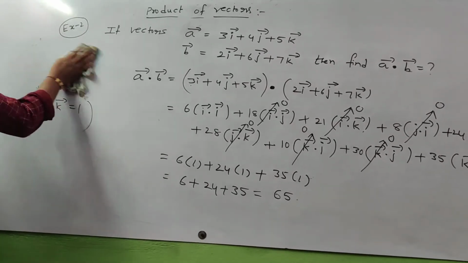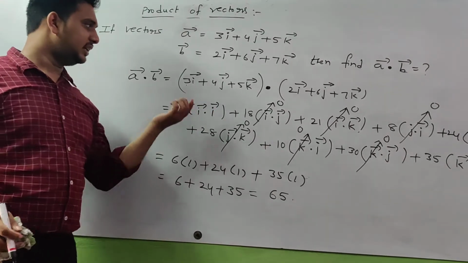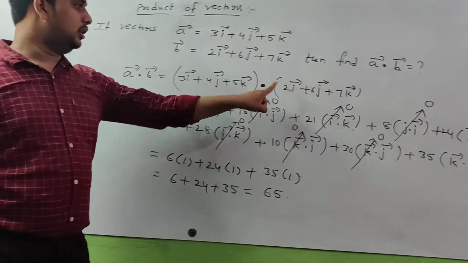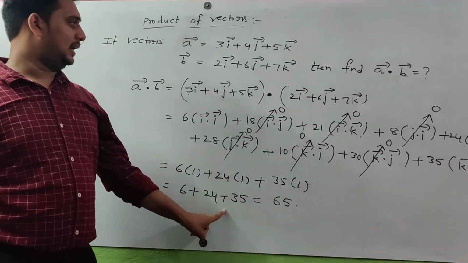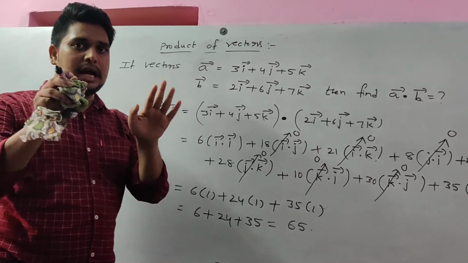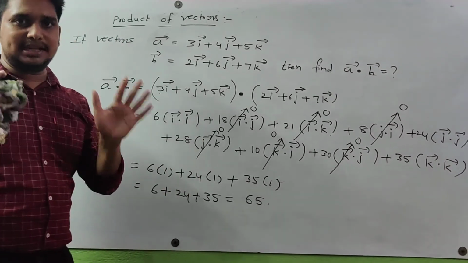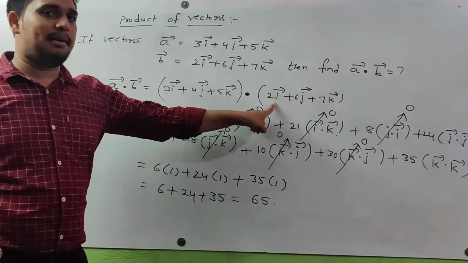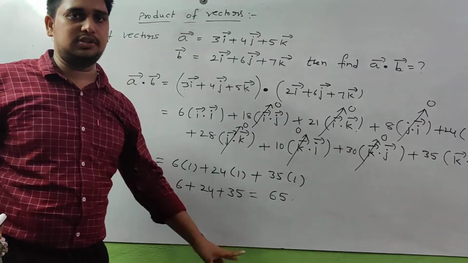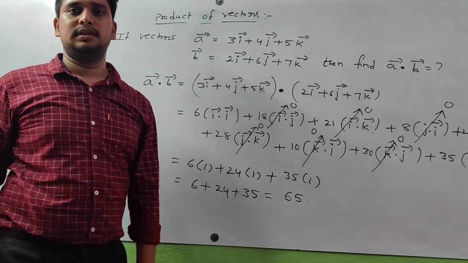And one more problem I discussed based upon this. So simple thing, here only 3 into 2, 6, plus 4 into 6, 24, plus 5 into 7, 35. Directly we apply. For understanding purpose, I wrote all these things. Next time we are just multiplying i cap, i bar components only, plus j bar components only, plus k bar components only. Okay, next time onwards.